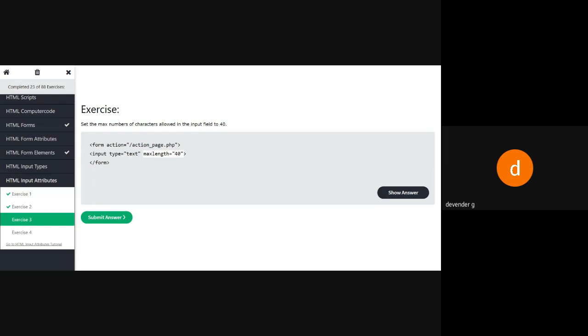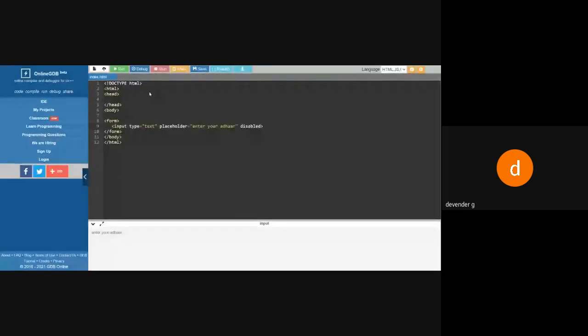It is going to set my box. It will not allow more than 40 characters. So we'll see whether this is going to work. So I'll be saying this one, 40 characters. So in order to see, I'll allow 4. Now let's see whether 4 characters will be allowed or not.